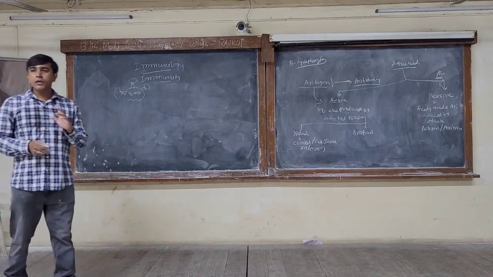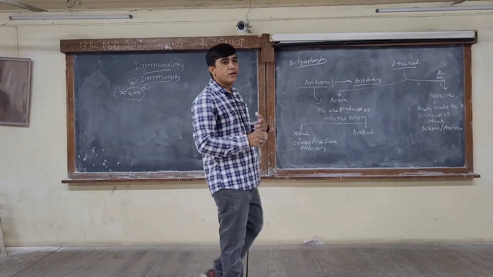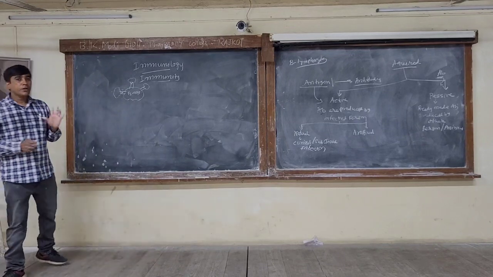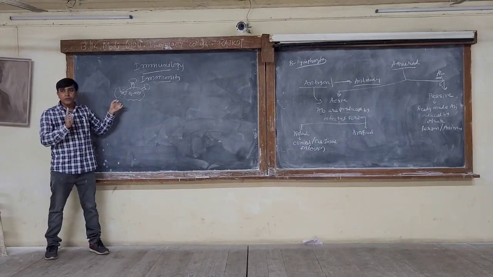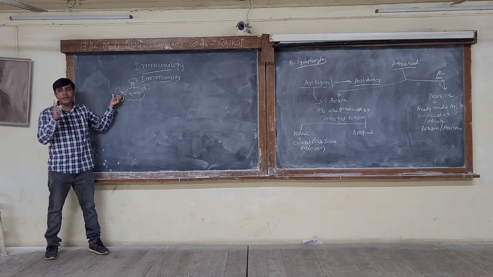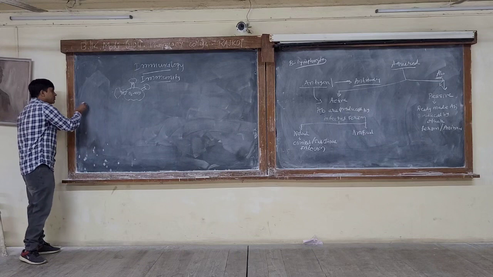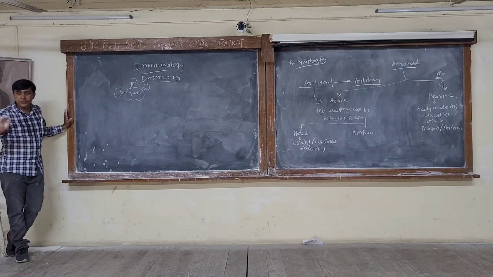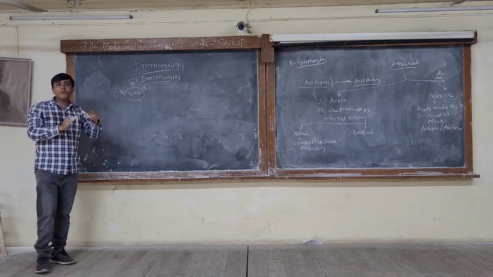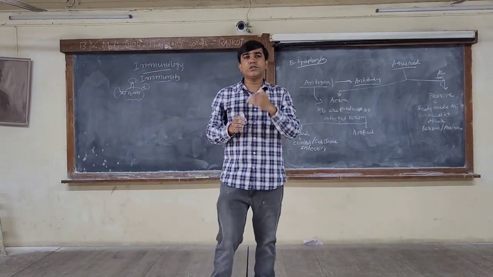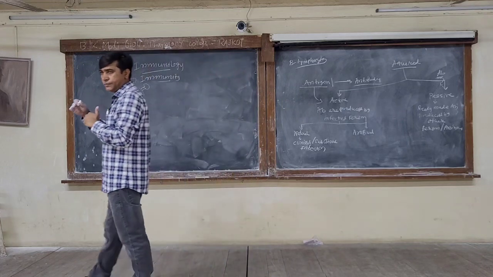Now, each B cell has n number of receptors on its surface. Okay, so the production of antibody will depend on the binding site to which the antigen binds. Let me explain. Actually, the surface receptors are nothing but peptides, that is, sequences of proteins, and the binding which takes place over here is due to either hydrogen bonding or van der Waals forces or London forces. That is the big forces of attraction.